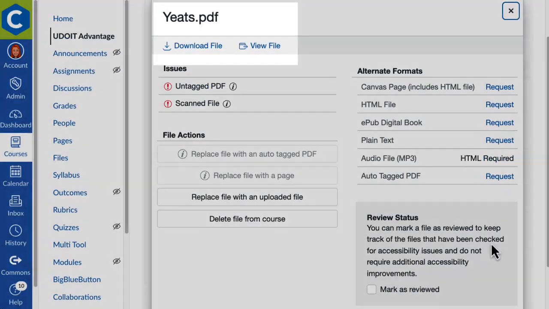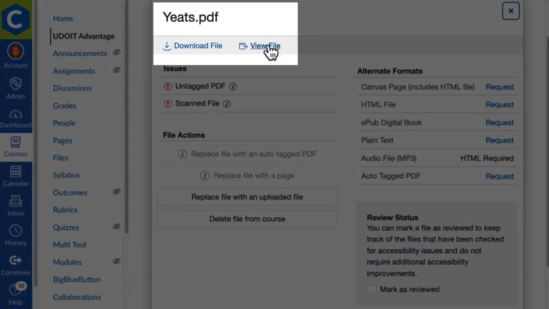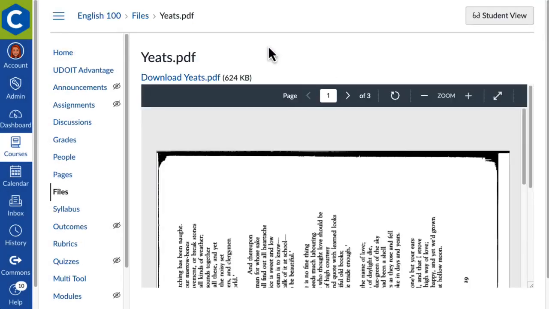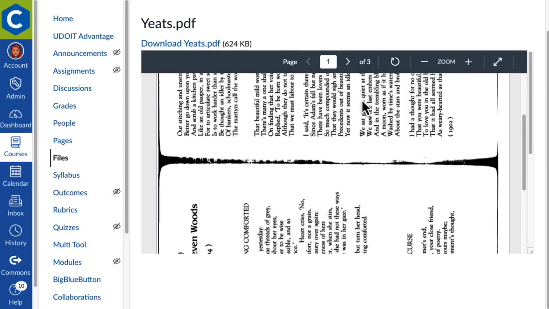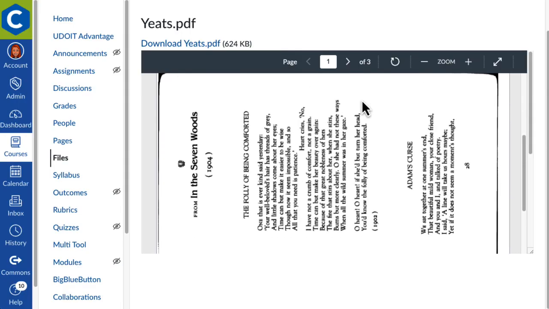At the top, you'll have an option to view the original file. In this example, we have a file that was generated from a flatbed scan of a book, and it's not very friendly for our visual users, let alone our screen reader users. Because this file is basically just a snapshot of the text on the page, it is completely inaccessible to screen readers. Luckily, UDOIT integrates with one of the premier accessibility partners, Abby FineReader, to help you turn this snapshot into